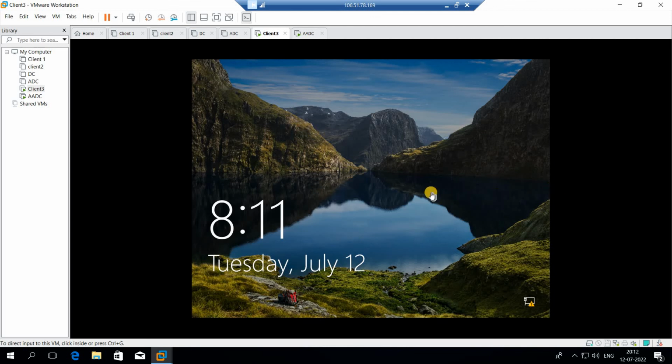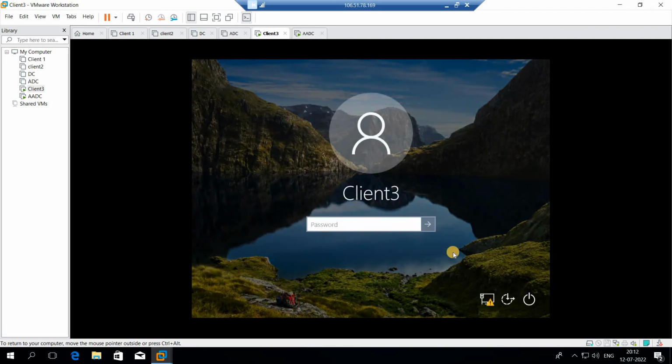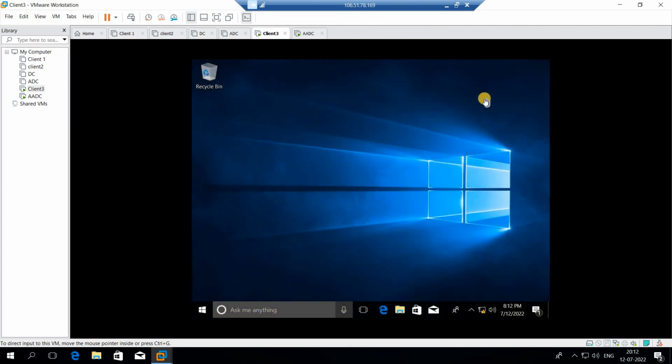This is the interface that we finally see when every process, every Windows installation is completed. We will just single click over here and put the password that we entered while creating the client machine. Click on submit, and this is what we get, right? So over here we have to perform two things. First, we have to deactivate the firewall, and second, IP assignment. So to do so,